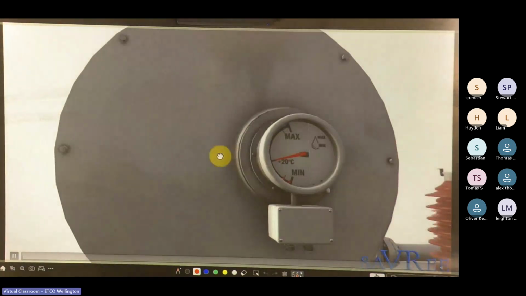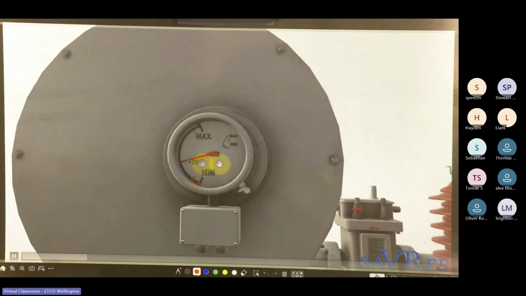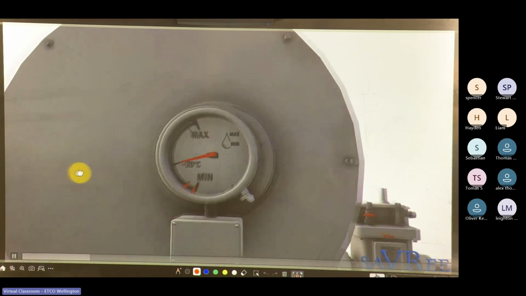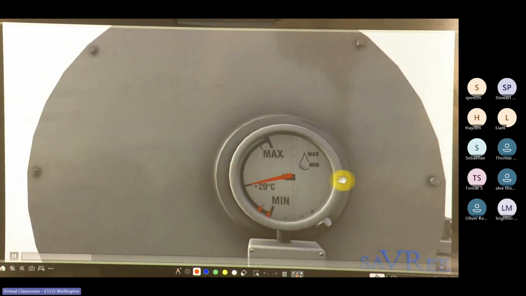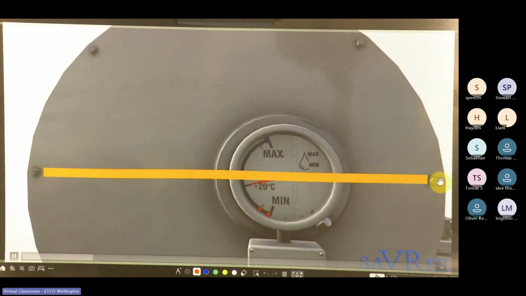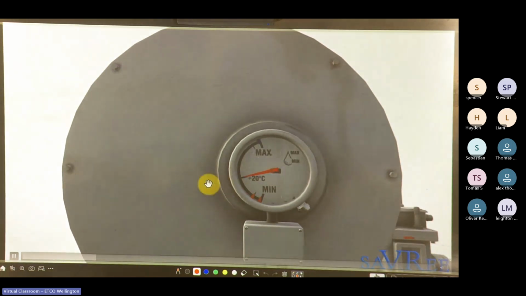Now the normal liquid level in the transformer would be around this line here. So imagine an imaginary line connecting these two bolts on the conservator tank, and that would be the normal oil level line, the normal insulating liquid line. And as the transformer temperature increases,